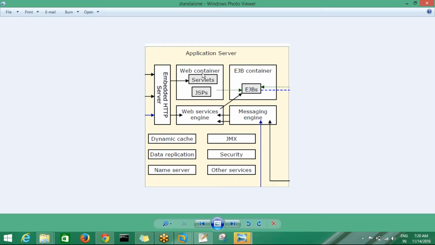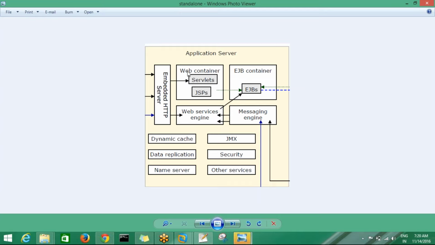As I told you, we have two types of applications: web applications and enterprise applications. Web applications do not have business code. There is no business logic in web applications, only information. Those are all dynamic pages, and we cannot do business with those applications.